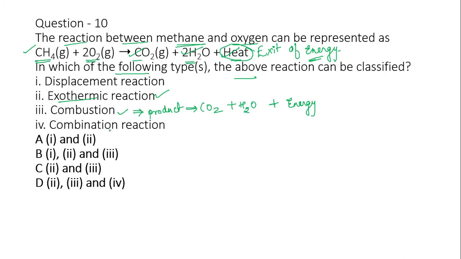True. Can we keep it in combination? So answer is no, because these two reactants are not getting combined. Instead they are getting decomposed and forming energy. So it simply means that second and third are true, fourth and first are wrong. So the option which contains second and third is your C. I hope this is very clear to you.